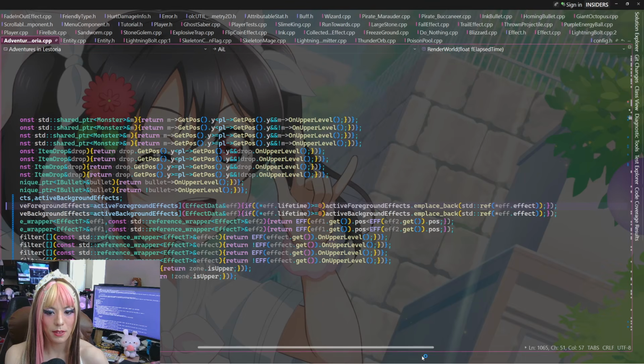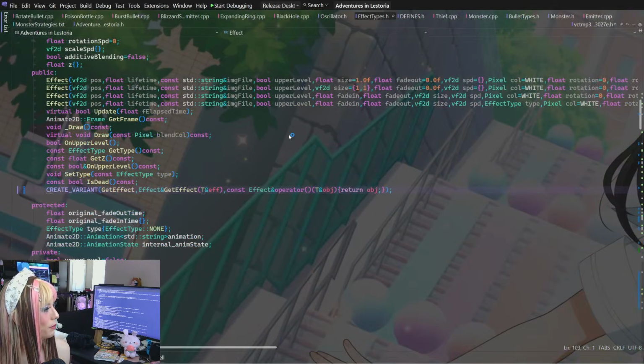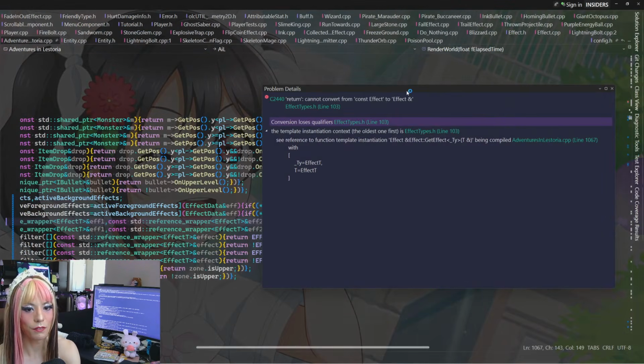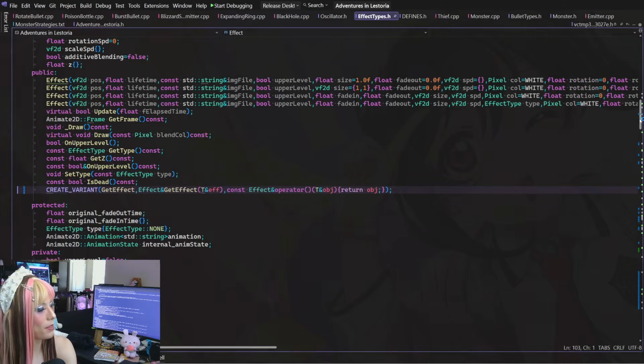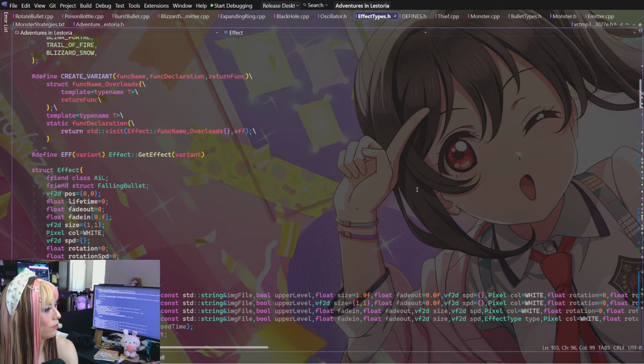And we just grab the effects from those. I think this macro is actually... let me see. Because this macro will expand out to say... cannot convert from const effect to effect reference. I wonder why it doesn't say const effect reference.